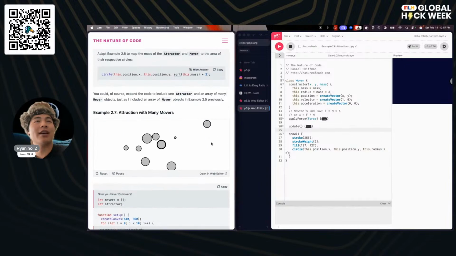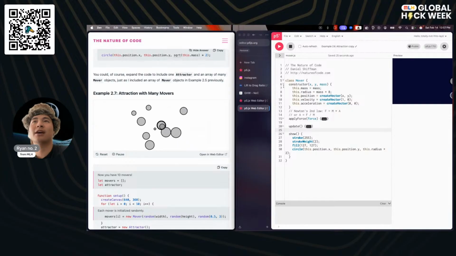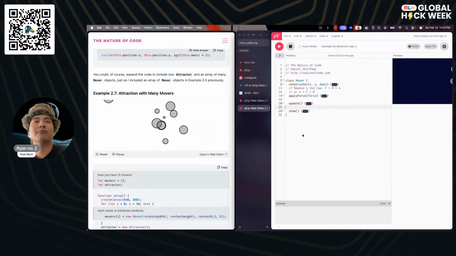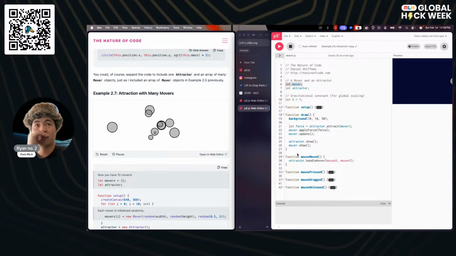So we're going to take a look at attraction with many movers. I would assume that this is pretty much the same exact thing that we had over here, but with an array that's defined within sketch.js to have a whole bunch more movers running around.